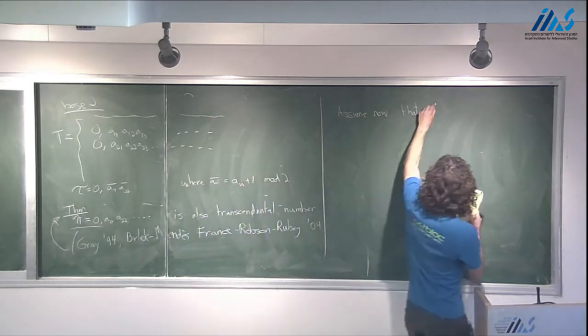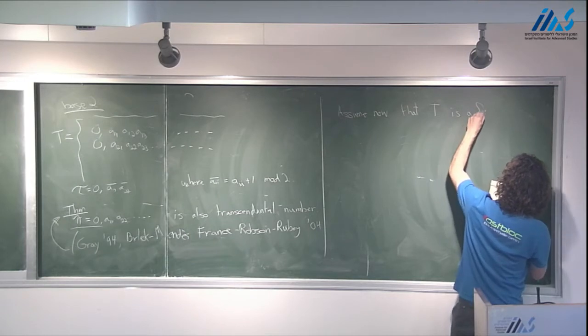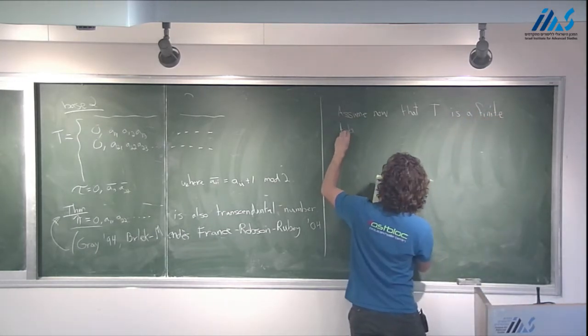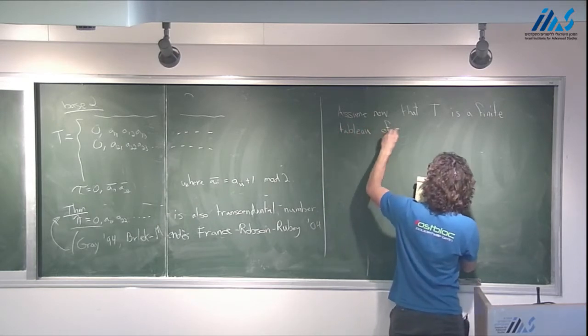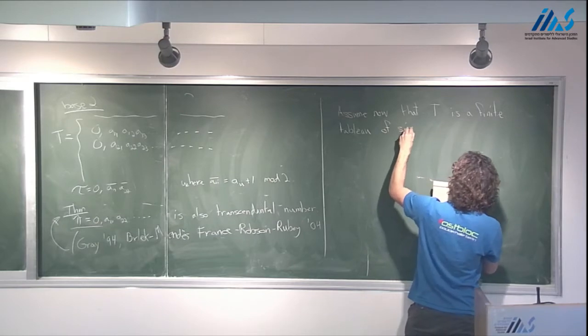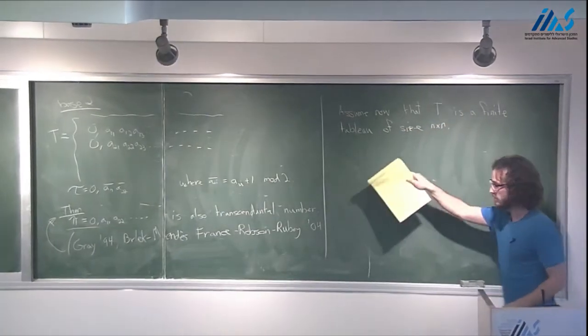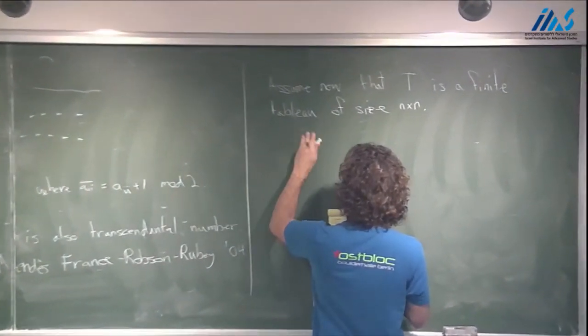Assume now that T is a finite square tableau of size n times n. And this argument actually tells you, if you look at the following two sets,